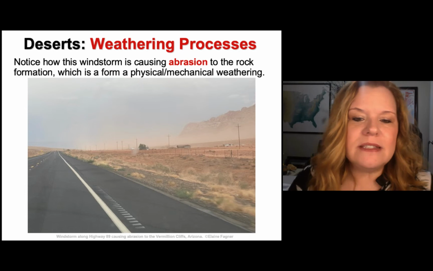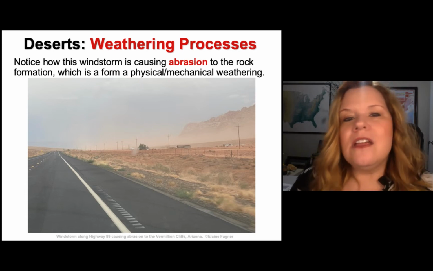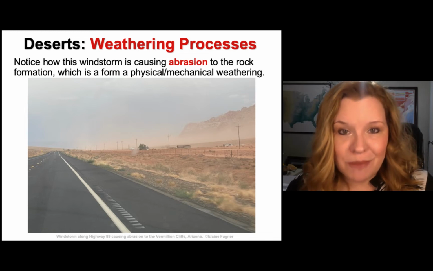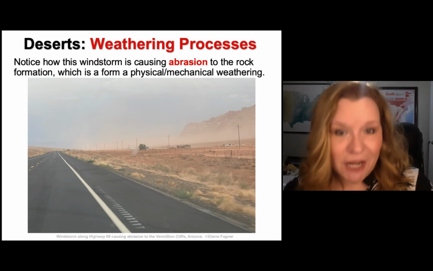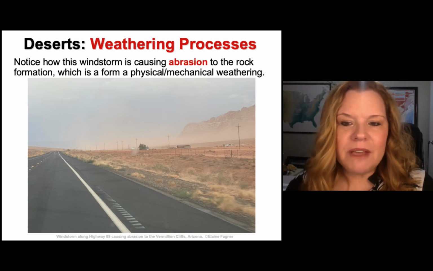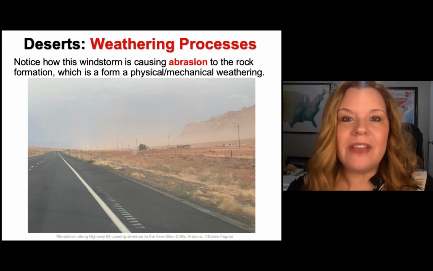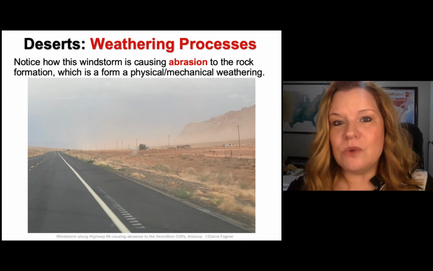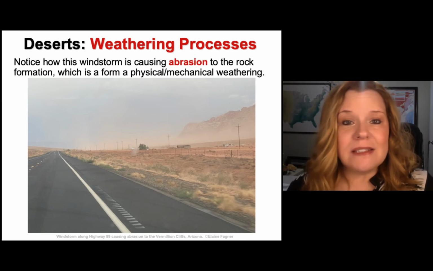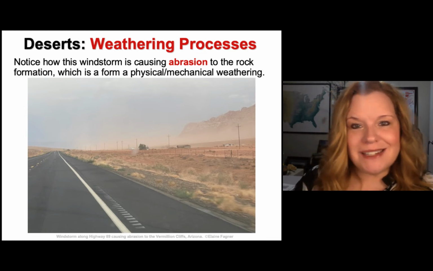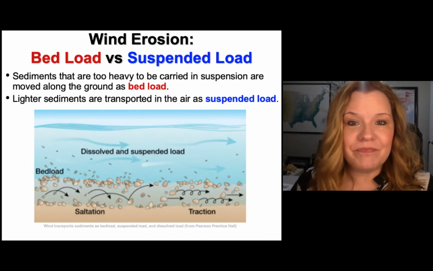And you could easily see how this wind picking up the sand, with sand out there having predominantly a hardness of 7 because it's made out of quartz, and that's what weathers out of the sandstone. This sand picks up and it can abrade anything, including the paint on your car. And it was a really tough storm. We had to pull over and kind of watch it because it was intense. And you need to be prepared for that if you live in the desert or visit the desert, that this kind of thing can happen.